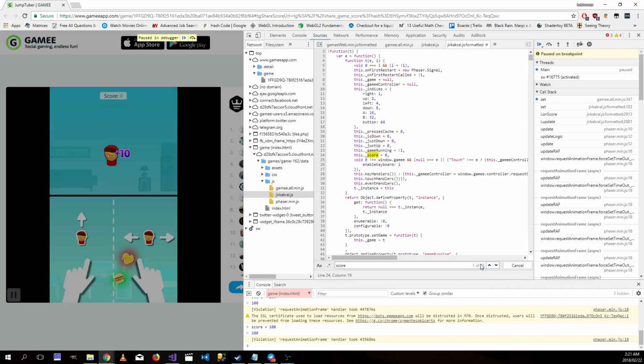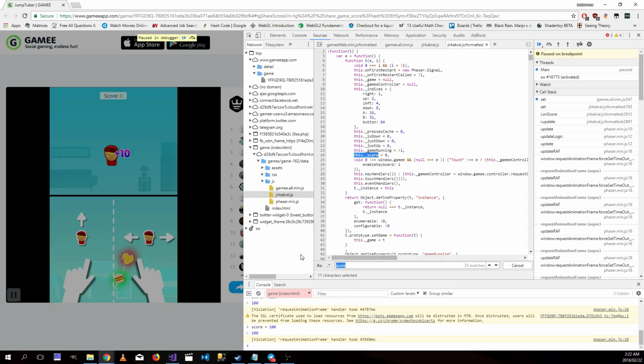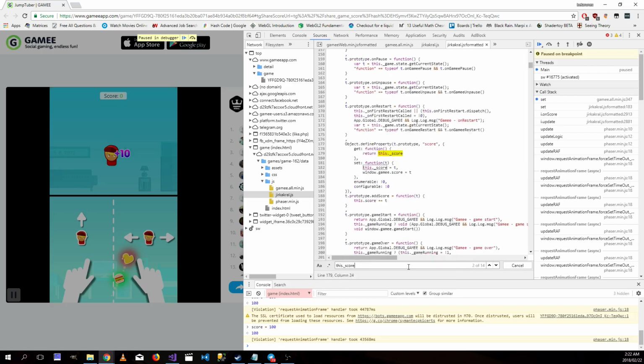We have 35 places, so I assume it would probably be this dot score. This is the very first one that actually loads it, so I'm guessing it's probably going to be this function, whatever this variable is. Okay, so now we've only got 14 places. That's a lot better. Okay, so when we actually set it, let's just search for set,